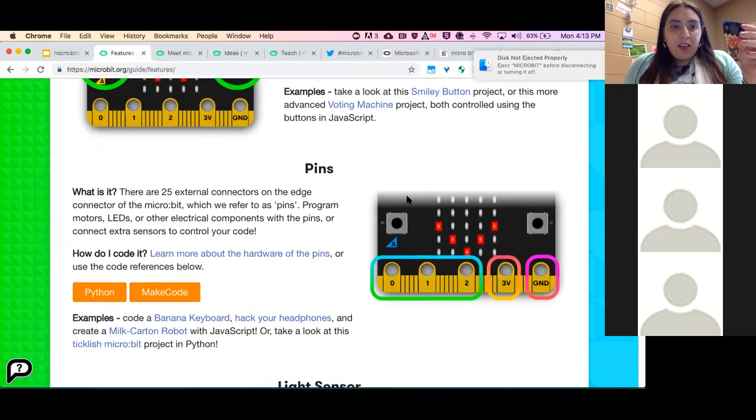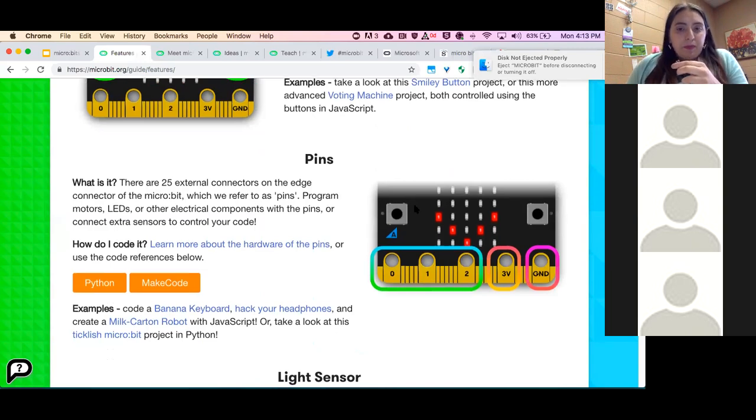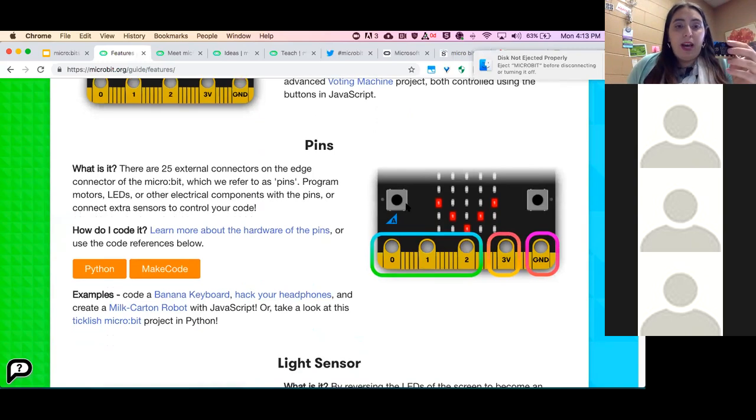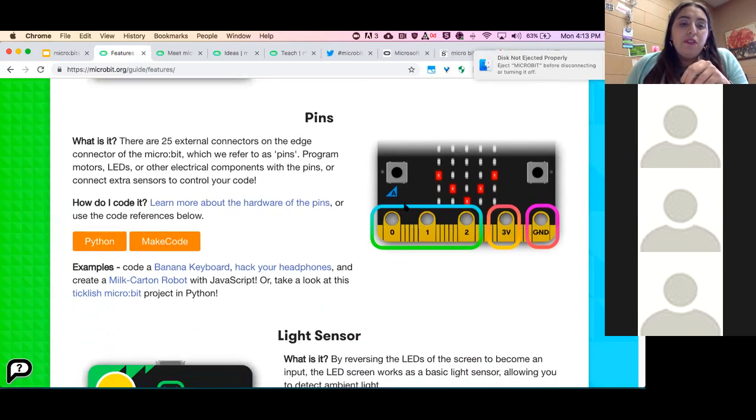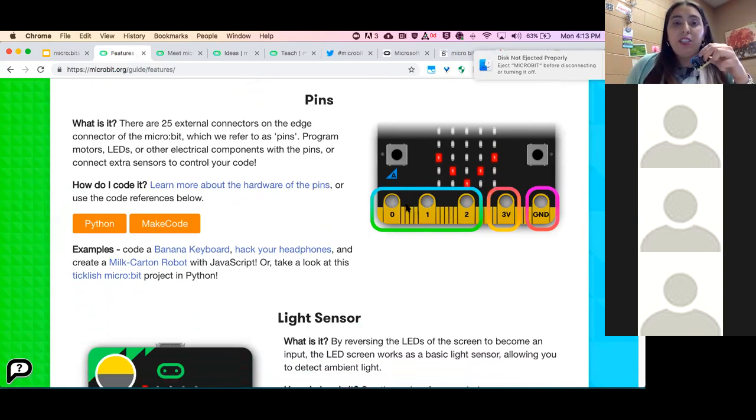The pins along the bottom allow you to connect additional components to your microbit. The most common for introductory programming is using alligator clips, which usually come in multiple colors, and they have a little metal clip on the end, and you can clip parts to them. And so that's what the pads along the bottom are for. They're also used for add-on devices, and we'll look at that later on, where you can snap your microbit into